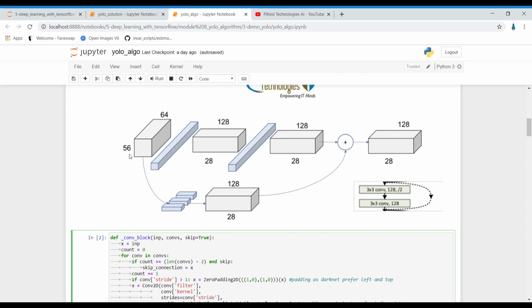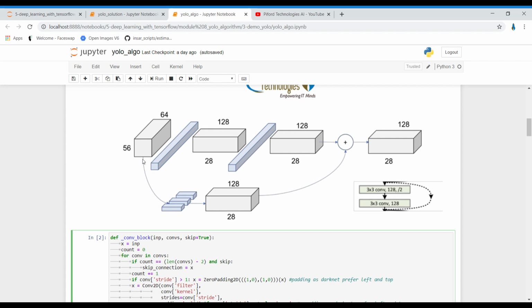Now if we want to add the actual x value with the function of x, which has a 28 by 28 image size, while the actual x value is 56 by 56, then we have to do some operation on this 56 by 56 image so that its size becomes similar to this.